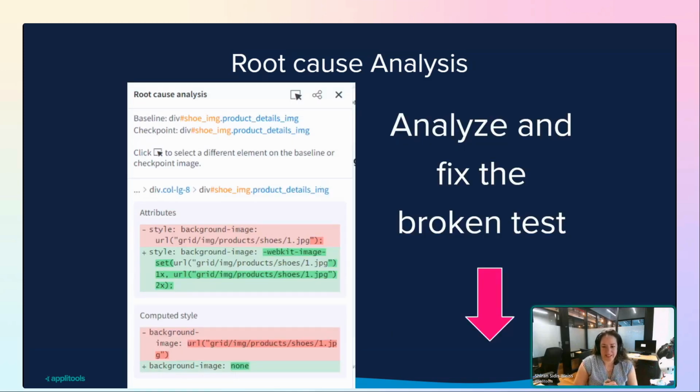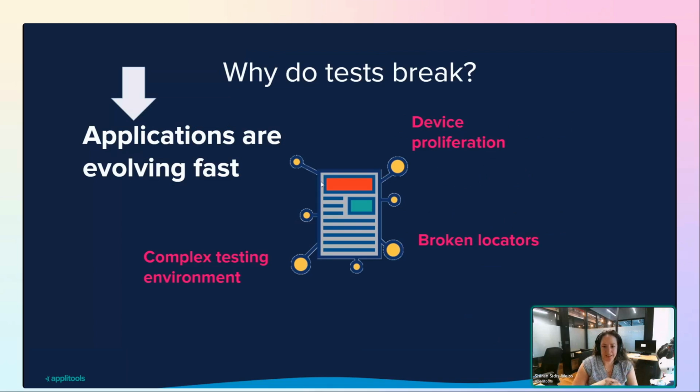And with this technique, we actually reduce the time it takes to analyze and fix the broken test. So this is the second factor we talked about. And for the next topic, that I think you chose as a number one cause for friction, and I can so much relate,